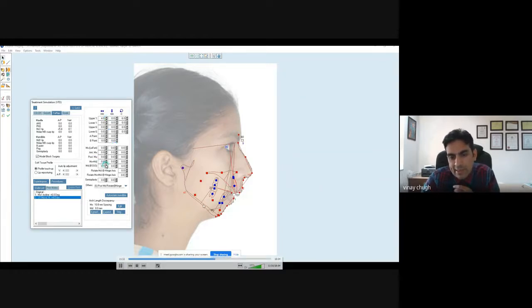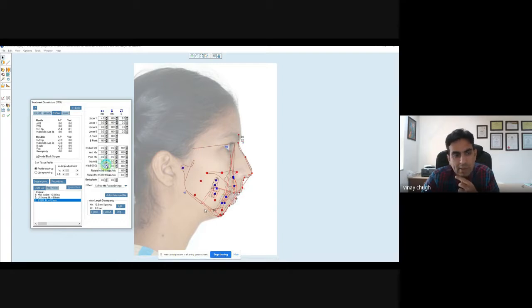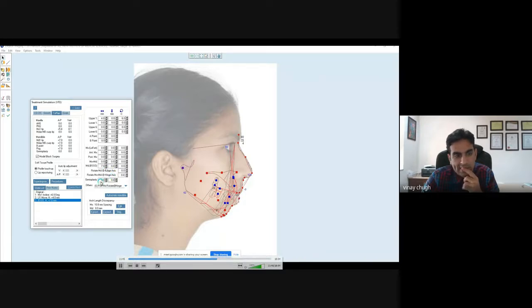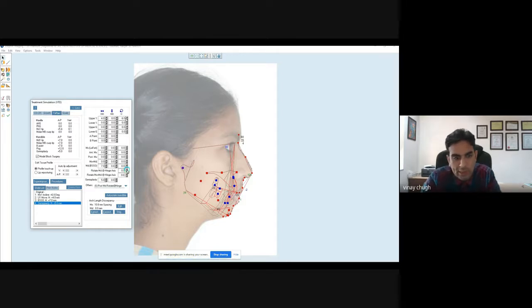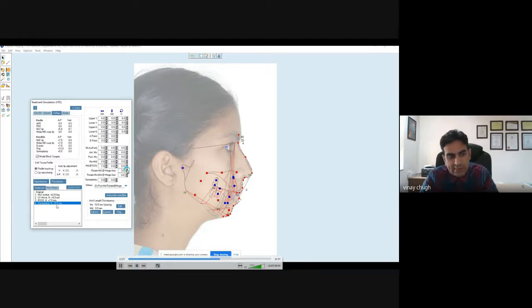And in this case, I have planned the advancement of the mandible. So what I will plan in 2D, I will put the values. Let's say I want to advance my mandible by 6 or 7 millimeters. So I will put in that 7 mm, and then some amount of genioplasty. So let's say I plan 5 mm advancement genioplasty, 7 mm mandibular advancement, and then some amount of incisor rotation in the upper arch to allow my mandible to be placed forward. You can see that this is the treatment plan which is being built on the left hand side. Whatever you plan, it will appear on the left hand side.